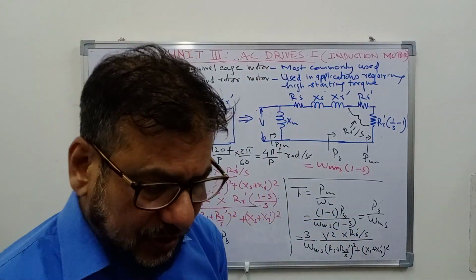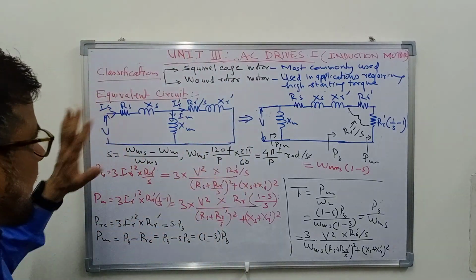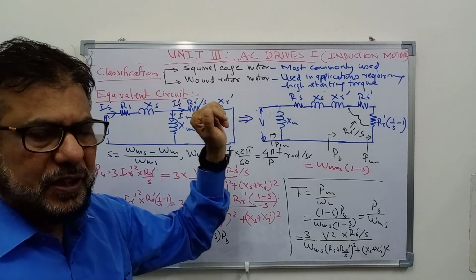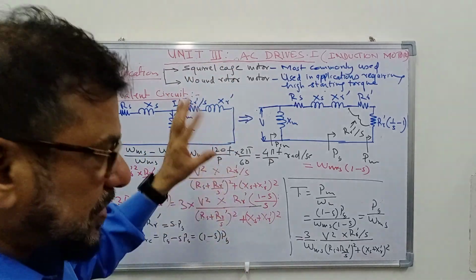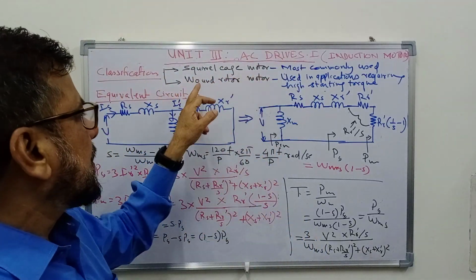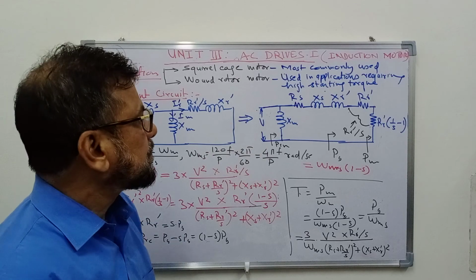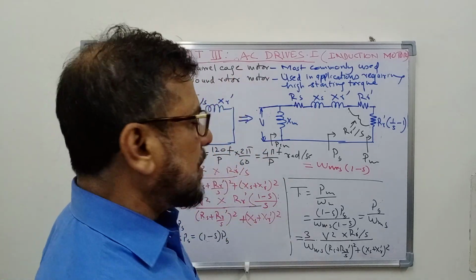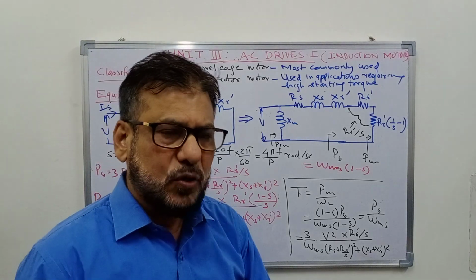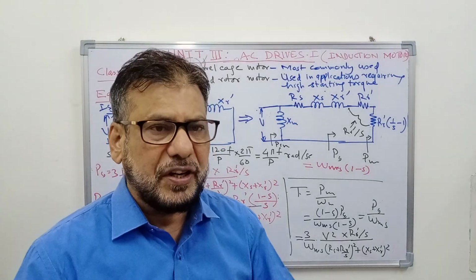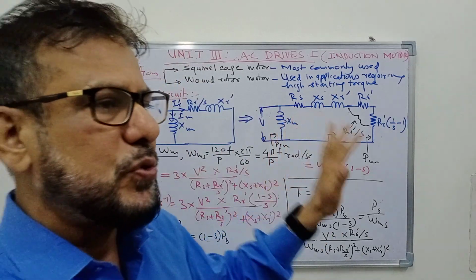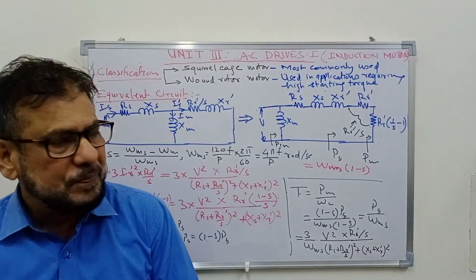So these methods will be discussed in a little detail. Let us start with the characteristics of induction motor. First, you recall that there are two types of induction motor based on the construction of the rotor: the squirrel cage motor and the wound rotor motor. In a squirrel cage motor, the rotor doesn't have proper winding. Instead, it has copper bars which are short circuited at the end by end rings. So it is permanently short circuited, and you cannot manipulate the quantities on the rotor side.